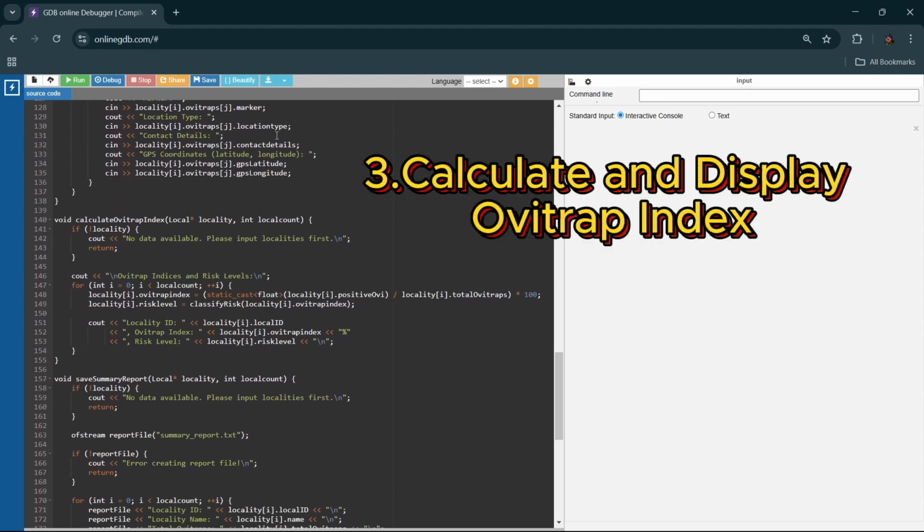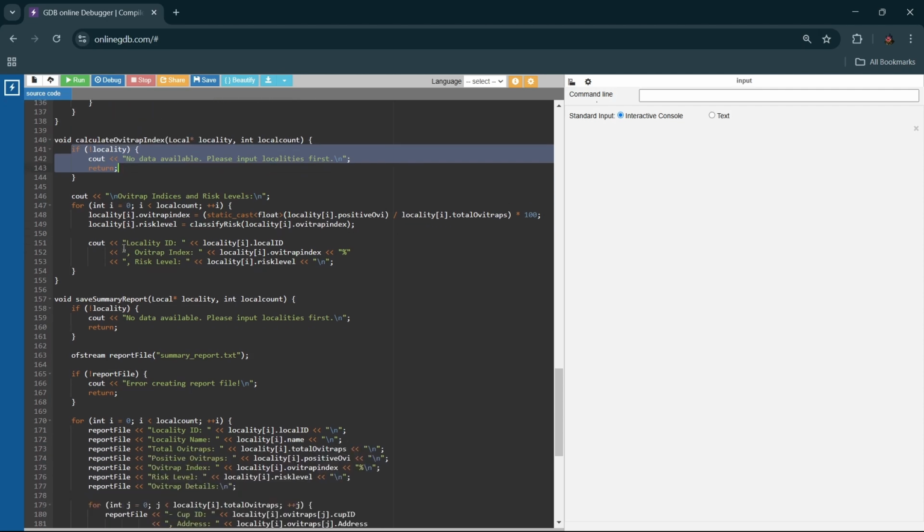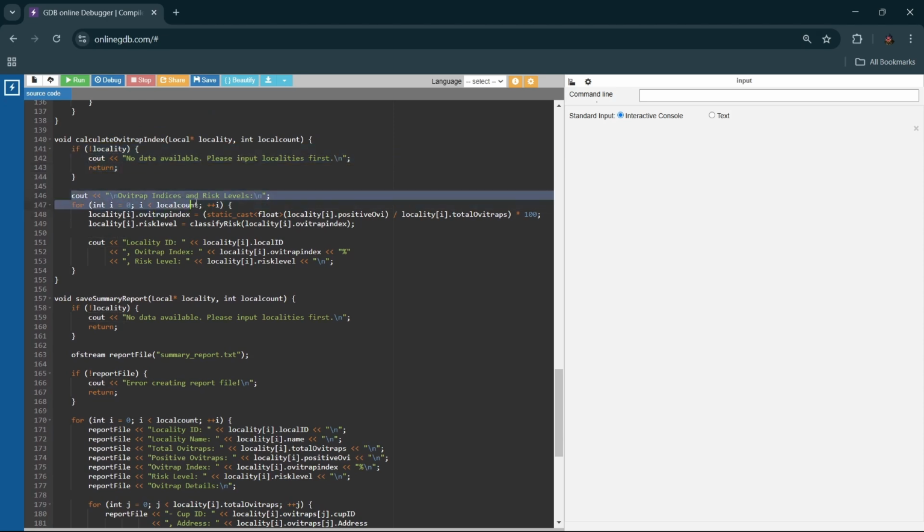So after that, moving on to the second option on the menu, we have the calculate orbiter index. So first, you will check if the locality output exists. If there is none, you must first input the locality. This code acts as a function to prevent errors from happening. So if there is a locality file, you will then proceed to calculate the index and register level using this formula,